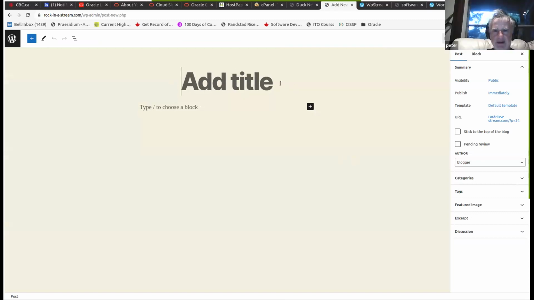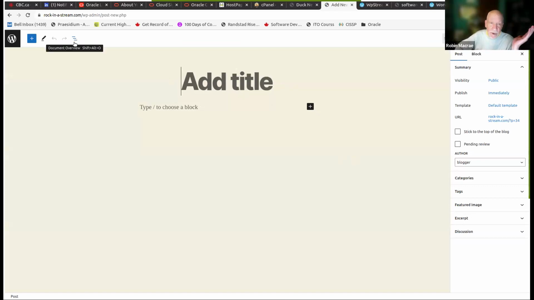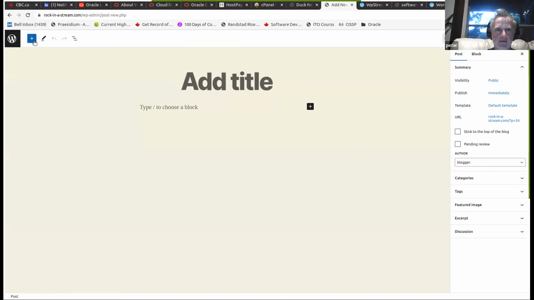Just so that you know, there's the block editor, which you're looking at right now. And then there's the editor that you might have used 2, 3, 4, 5 years ago, called now the classic editor. If for some reason you became unhappy with the block editor, which you shouldn't, there is a plugin that lets you make use of the classic editor from the old days. I'm not recommending it. I'm just telling you that's an option you should be aware of.